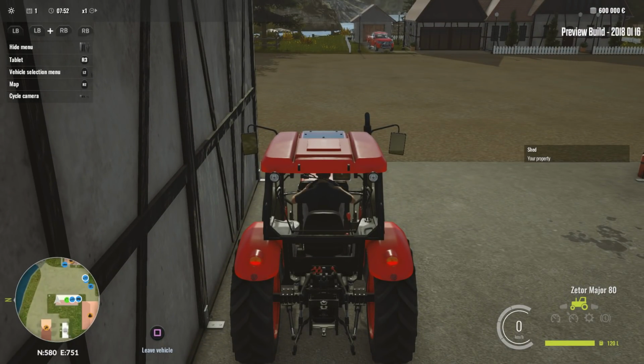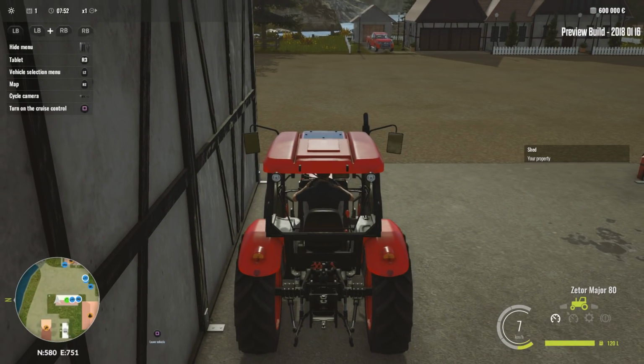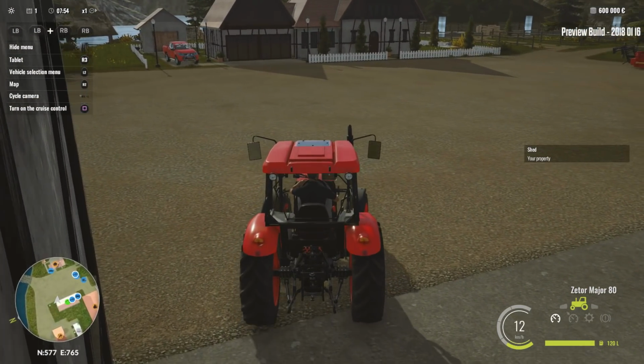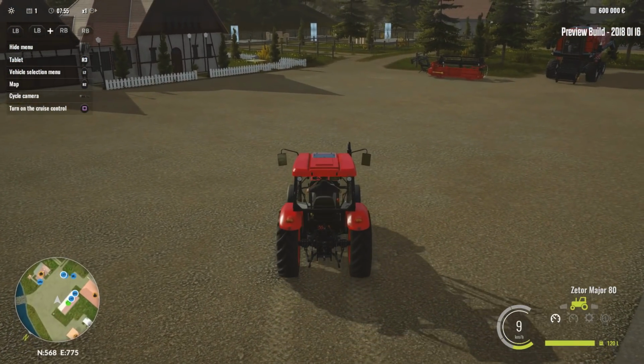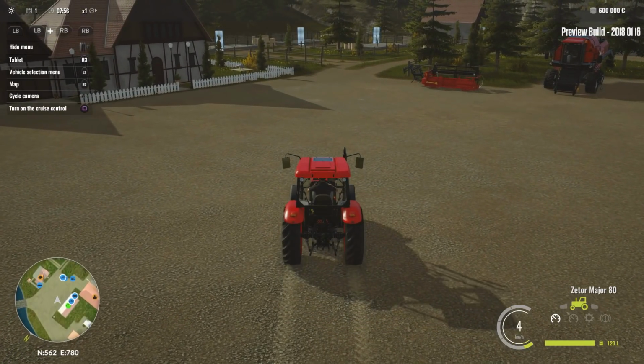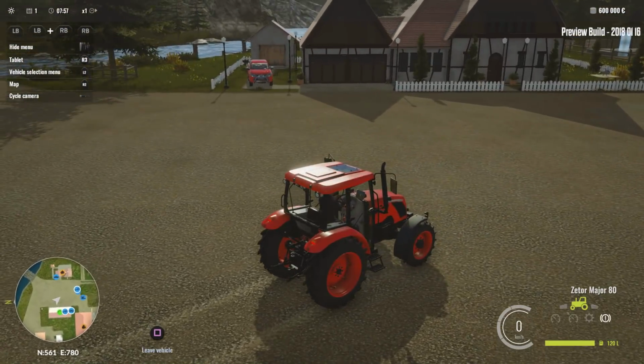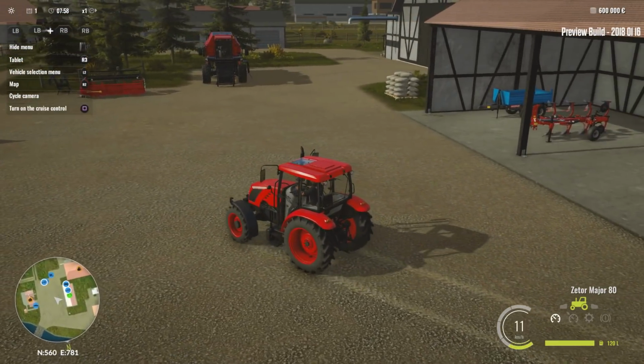Let's see, leave vehicle. Oh, yeah, my controls work. Sweet. My steering wheel just picked up, and it works. Now, how do we look around, though? I'm not seeing how the controls work for mouse look. Okay, I have to use the pad. I'm not sure if I like that, but...